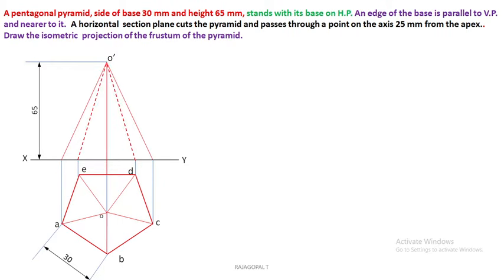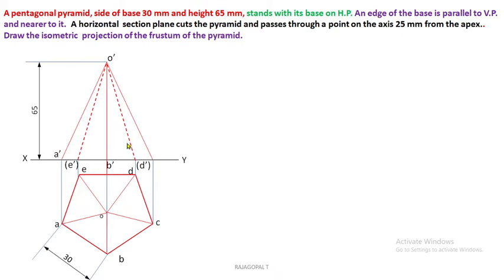Here D and E are the corners. The D corner as well as the E corner are invisible corners for an observer standing here, and these D and E are invisible. That's why they are marked by means of hidden lines. And while marking the notations, D dash and E dash must be in brackets because of hidden corners.